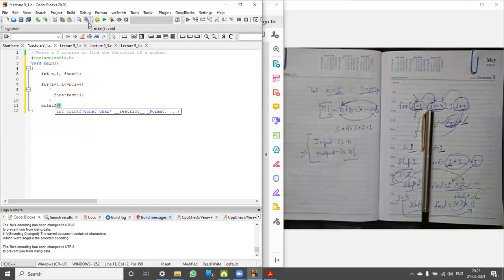printf("factorial of number is %d, which is equals to", fact).